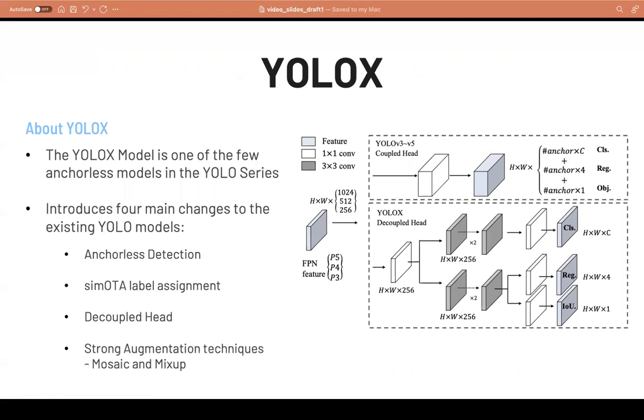The YOLO-X model is a model from the YOLO series. It was developed by researchers at Megvii, a Chinese technology company, and was first introduced in 2021. The makers made a few changes to YOLO, which allow it to be an anchor-free model and achieve higher accuracy as well. These changes are anchorless detection, SimOTA label assignment, decoupled head, and strong augmentation techniques such as